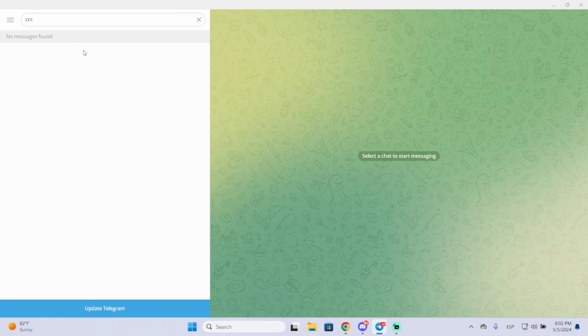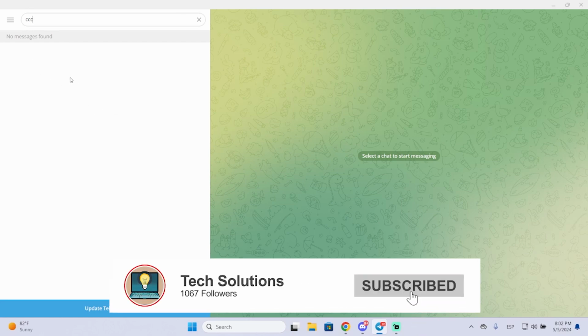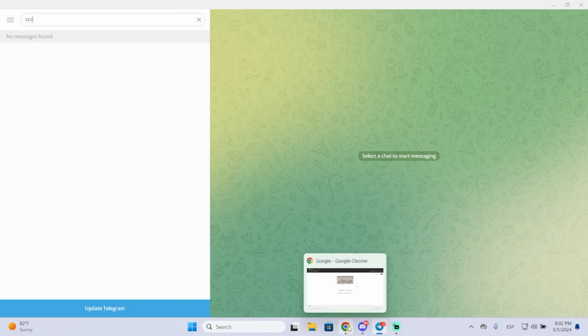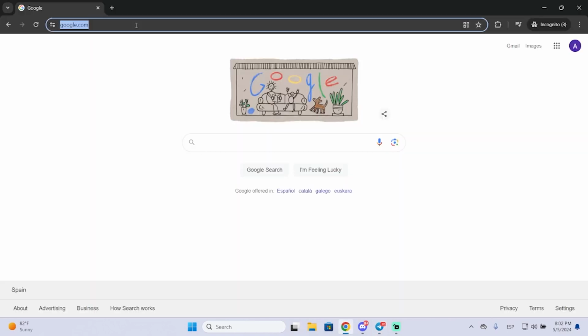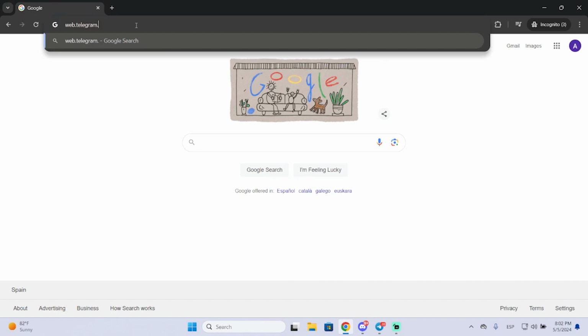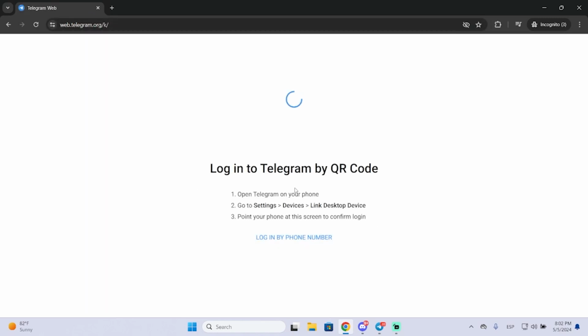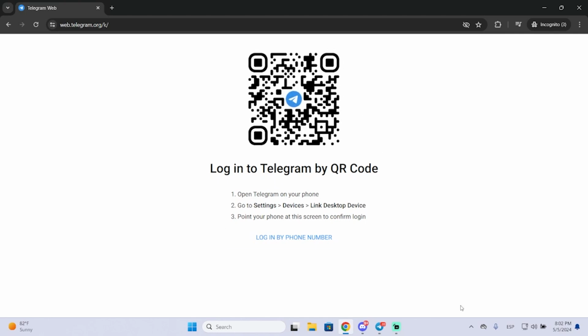So let's begin. First of all, I want to say I'm doing this on my laptop, but this is the same process for any device. You can do this on your phone, on your Android phone or iOS. It's basically the same process. In some cases, you can do it from your Telegram app and you will need to use your browser. You will just need to go to web.telegram.org,